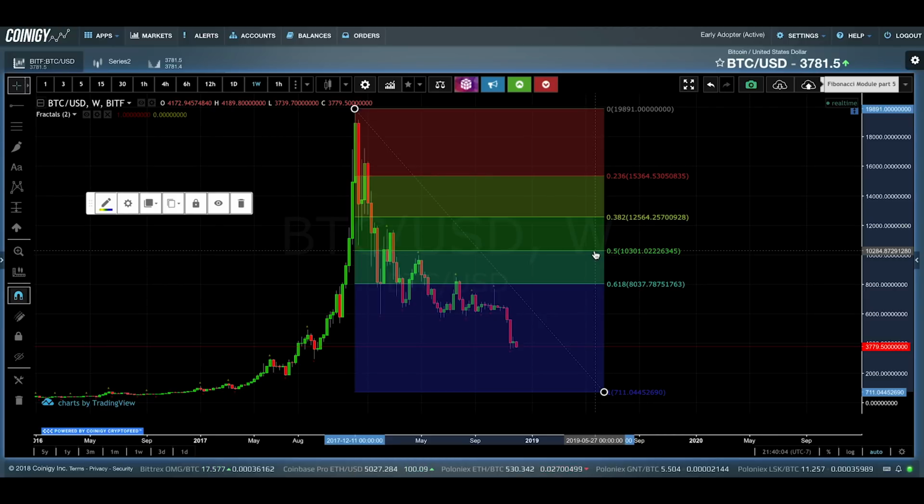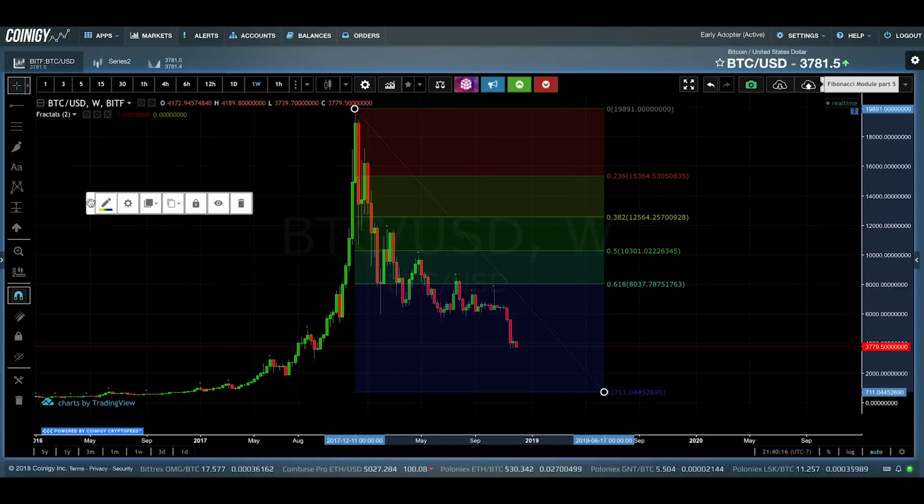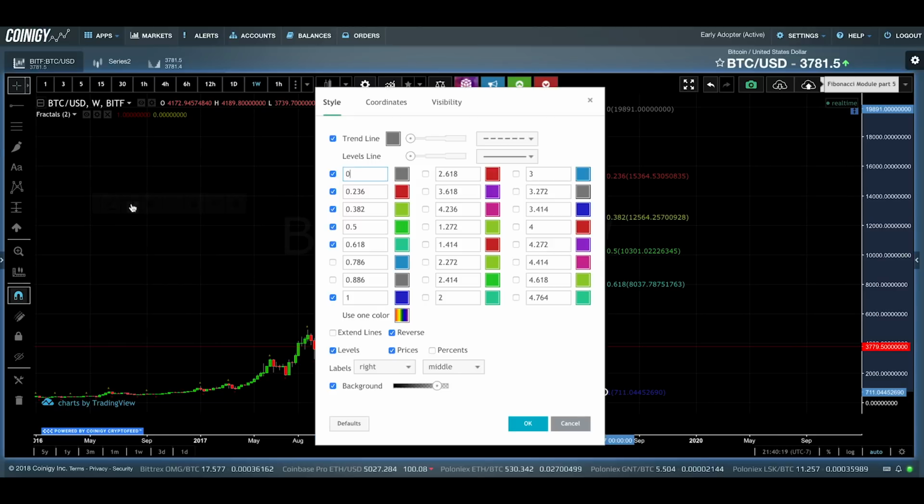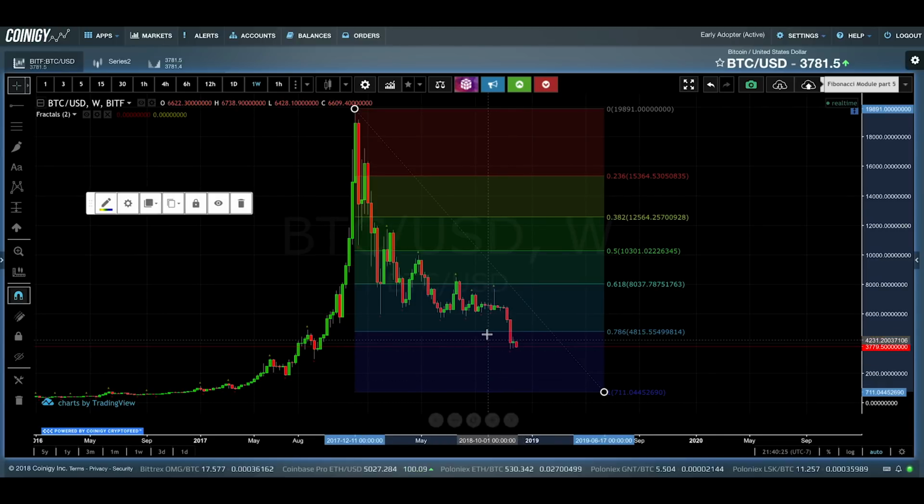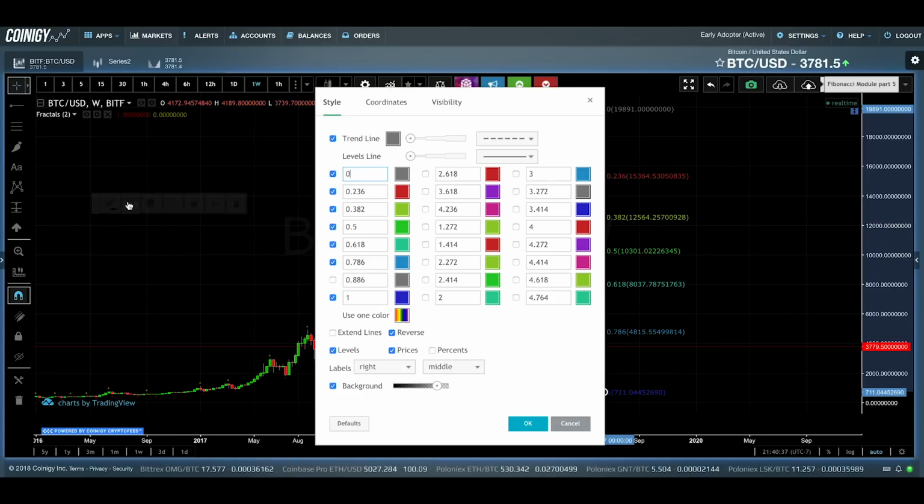Now, again, this is my personal opinion. This is what's worked for me. It doesn't necessarily mean that you have to use the 0.50 fib level. There is another one that's very popular as well, which is the 0.786. So if you click on here, 0.786, and you click OK, you will see the 0.786 here on your screen now. Now, with the next one here, this one here, 0.886,